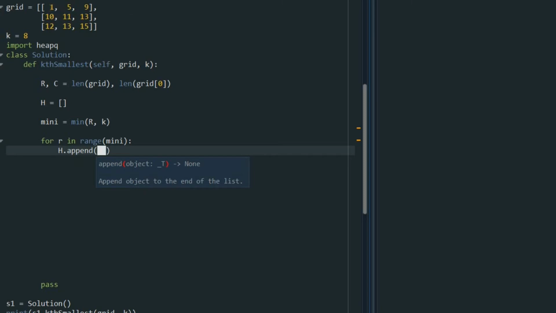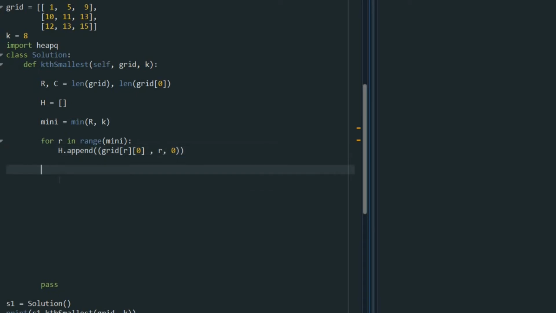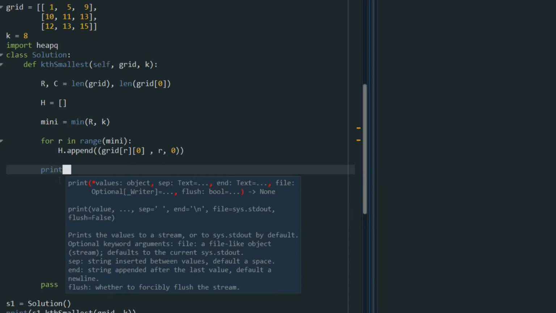So I say grid R, because that's the row we are in, and we're always at column 0. What is the second element? That is R, because that is the row we are in, and the column is 0. In that way I can put all of the elements inside H, and let me just print that to see what we are doing. I call it initial H,